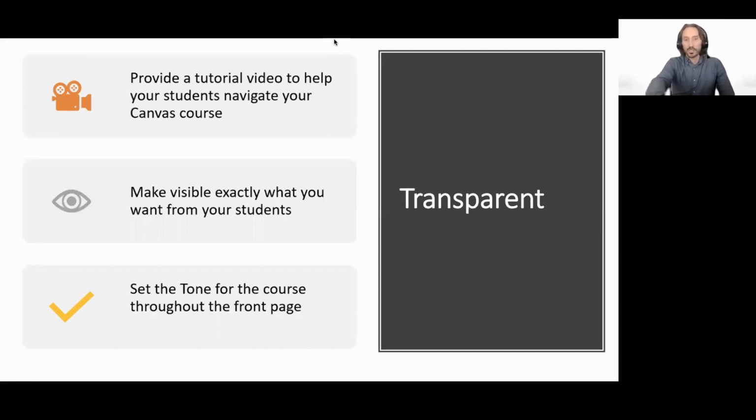Because if your instructions say, read, respond, reply, students will read, respond, and reply, right? But if you want students to discuss openly about something, then say you want them to discuss openly about something and don't put those restrictions on it. Okay, this isn't about discussion forums, this is your front page, but it sort of goes the same way, right? So be transparent. If you want something, put it on there. If you have certain tasks you want students to pay attention to,